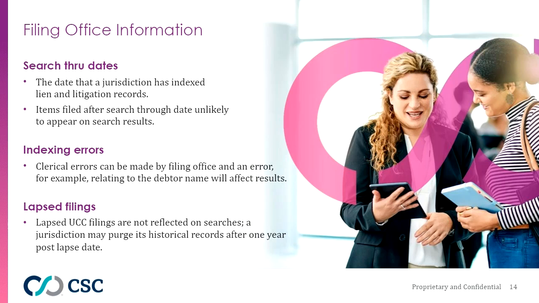So let's move on and talk about lapsed filings. And just know that when a UCC is filed, the UCC stays active for a period of 5 years from the file date, and that it's the filer's responsibility, oftentimes a secured party, to continue the UCC as needed, and that if a UCC is not continued, then it lapses. And this could bring serious harm to a secured party. So this is something to really focus on and consider.